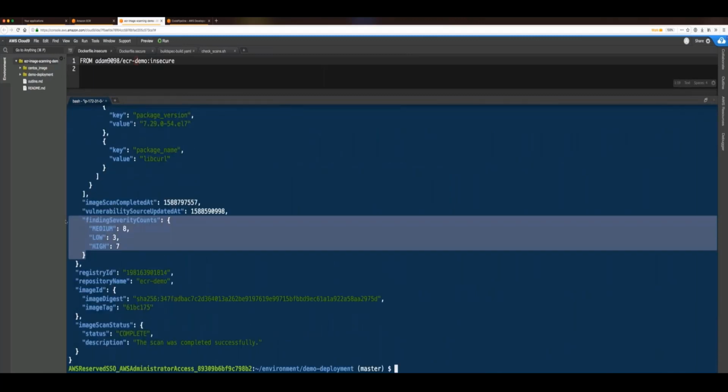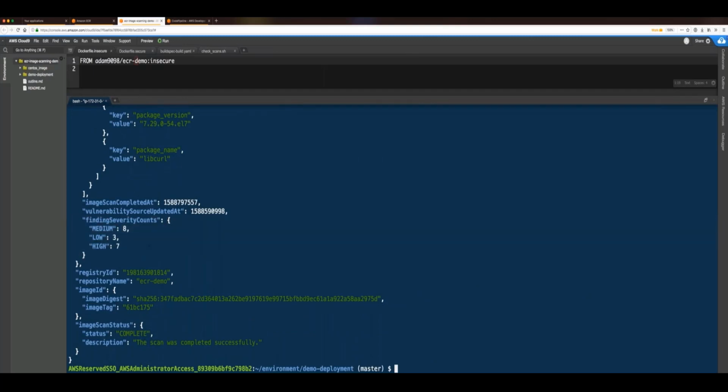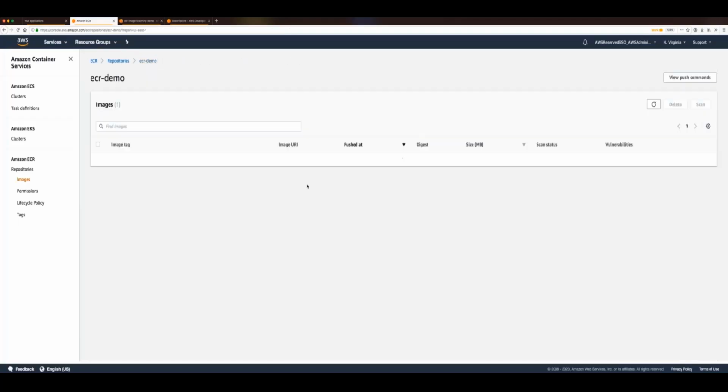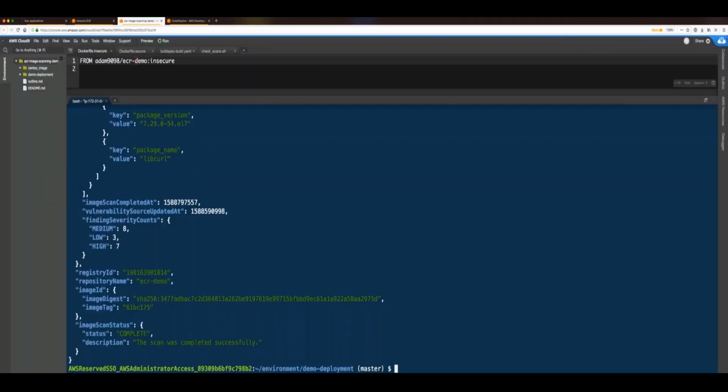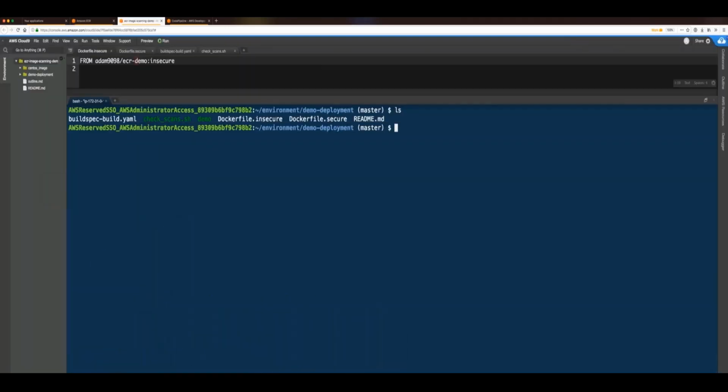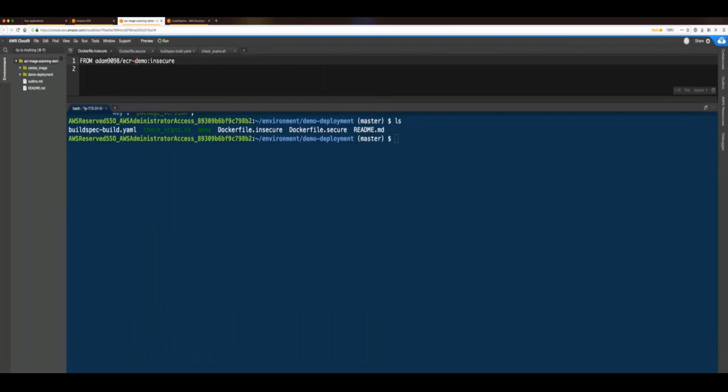Lastly, what I wanted to point out in the findings here is, like I mentioned earlier, you can just get a list of the severity counts per score. So I can see I have 7 high, 3 low, and 8 medium. Okay, so now what we've done is we've created a repository in ECR. We pushed an image that we've now deemed vulnerable and insecure, and we want to patch this image and push it up again. So let's go through the same process, except this time what I'm going to do is, if you remember earlier,